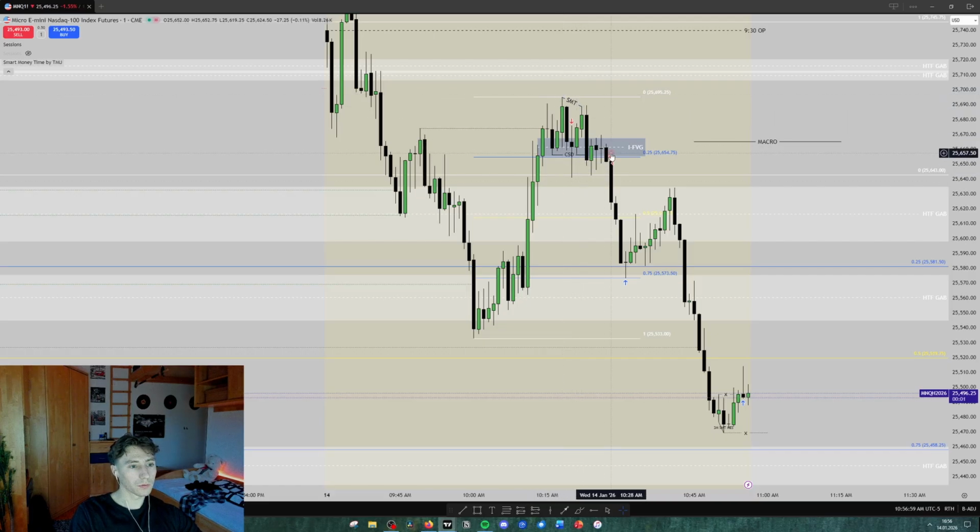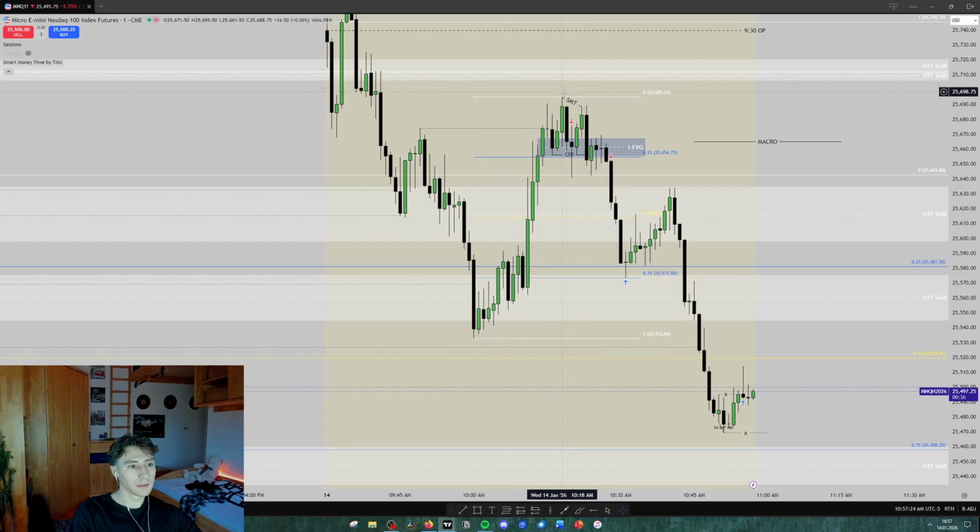I added one right here after we had a really clean reaction off the consequent encroachment level. We already had a CSD, breaking basically below the order block, or the bearish breaker in that case right here. And then we aggressively traded lower. I took my first partial right here, right at basically the upper quadrant level of our move to the downside,